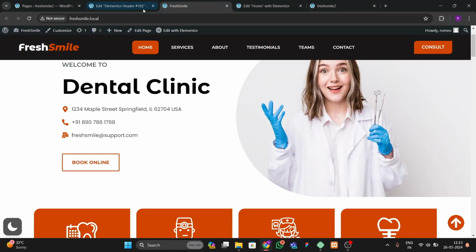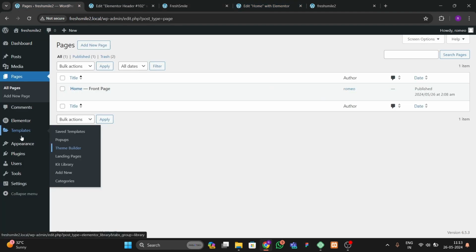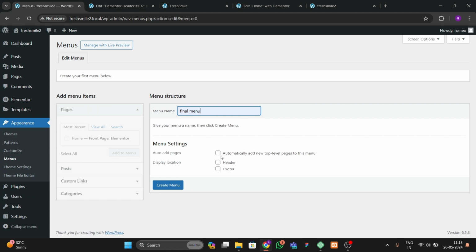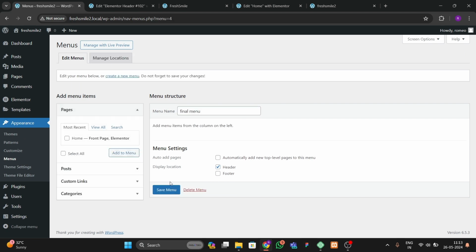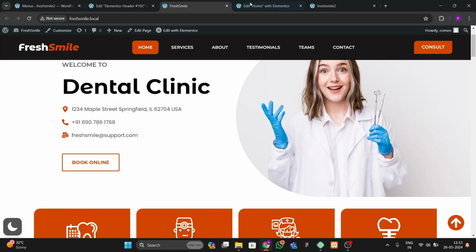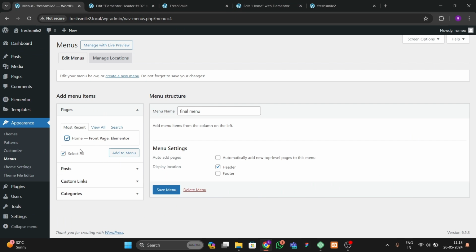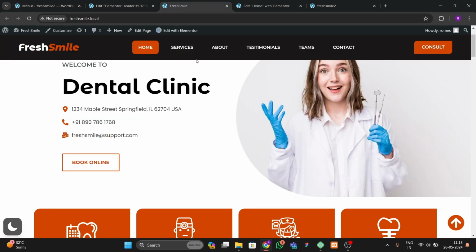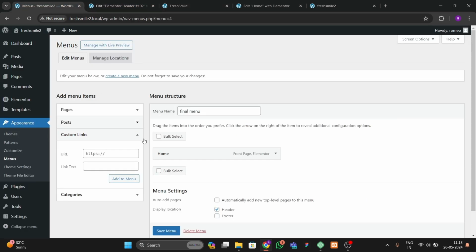Now we have to make this menu. For making the menu, we go to appearance, and from this go to the menus. Here choose the final menu and header and create menu. Okay, so it is created. Now let's choose this, add to menu. Then we go to the custom links, and here we have to add services, about, testimonials. So let's go here and write